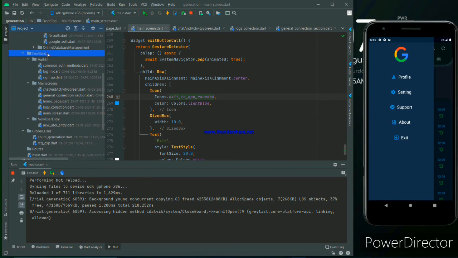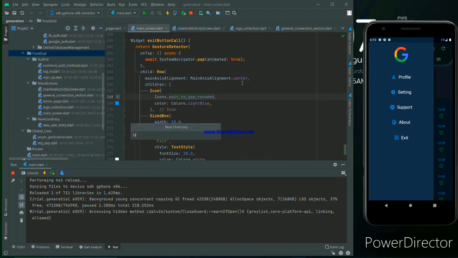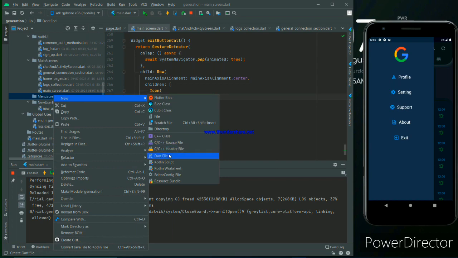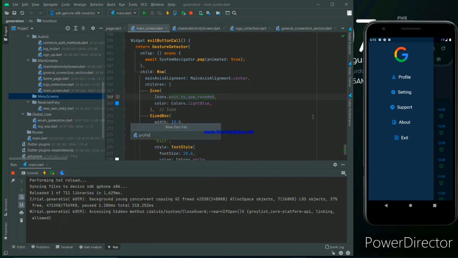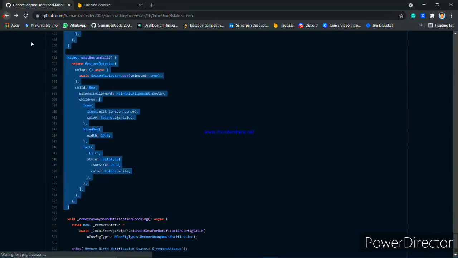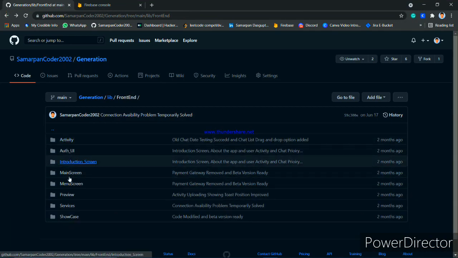Under the front end we should make a directory named menu screens. Under the menu screens we make a Dart file named profile screen. In the profile screen I take the code from my previous build generation app because that will help with time too.